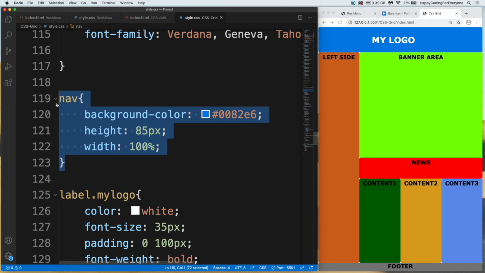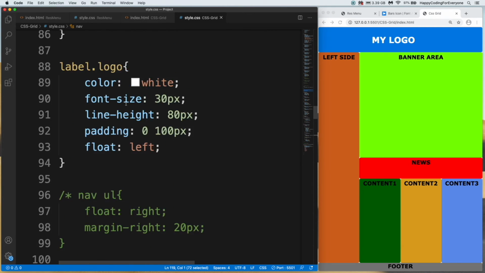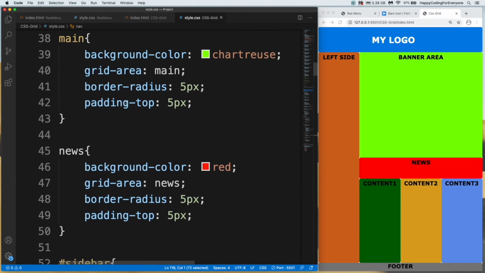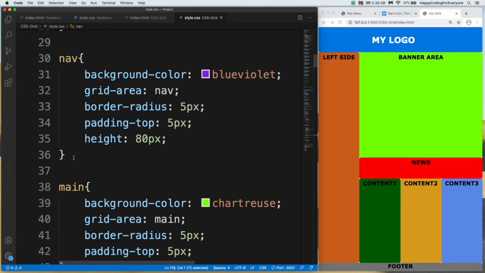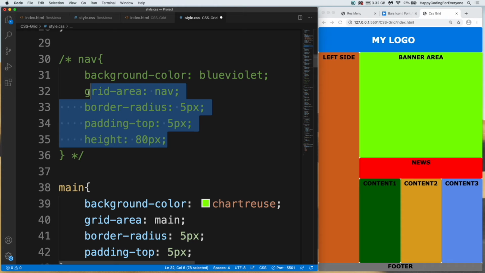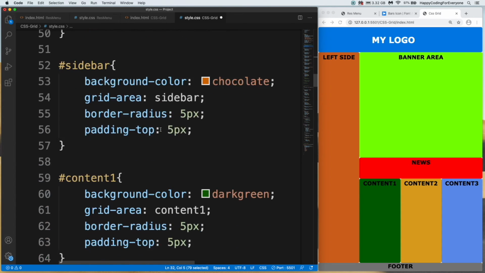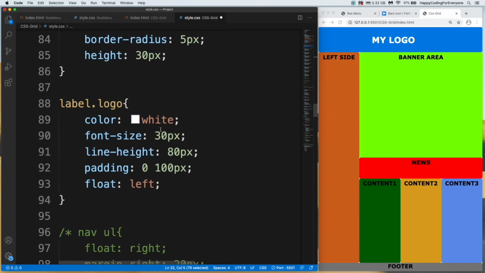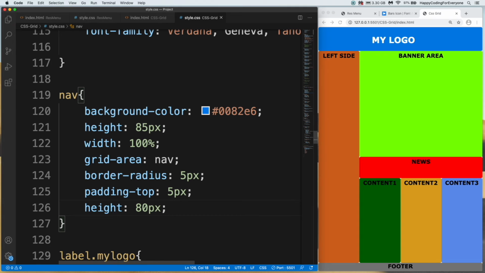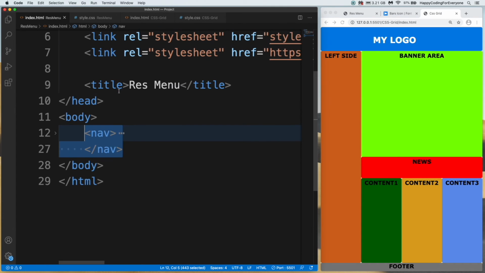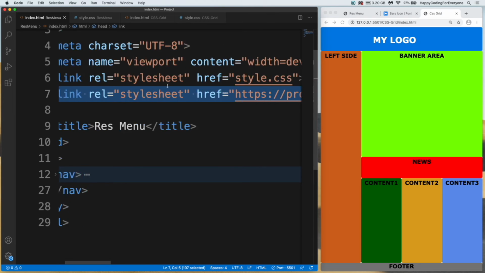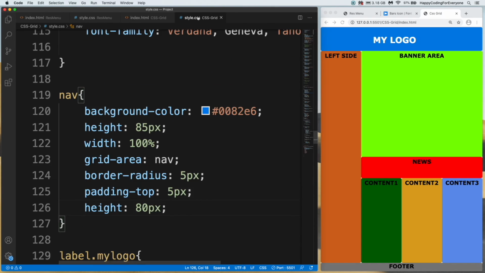We have two navigation CSS. We need to make one of them disabled. That one. I want to copy that code, guys, and put it in our new navigation tag and save it. And lastly, we just need to add our Font Awesome link in our project because we can't